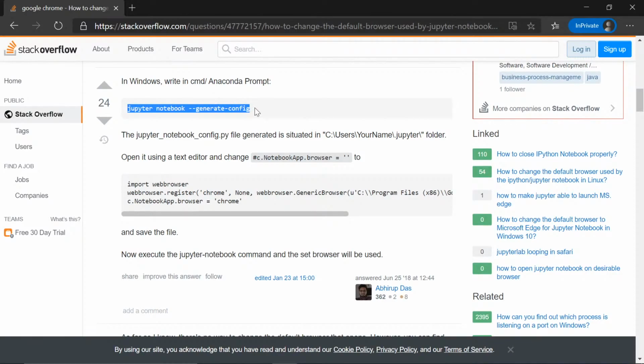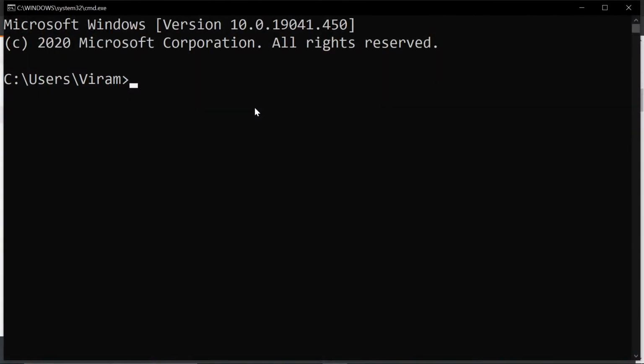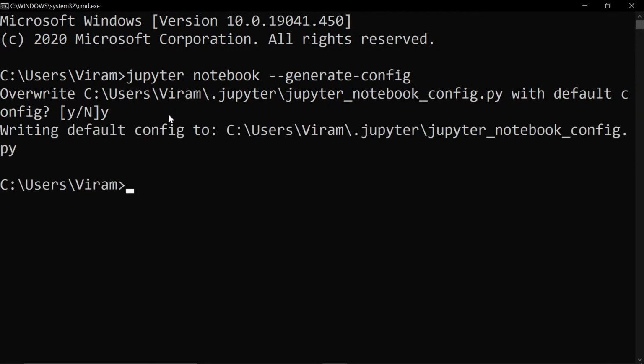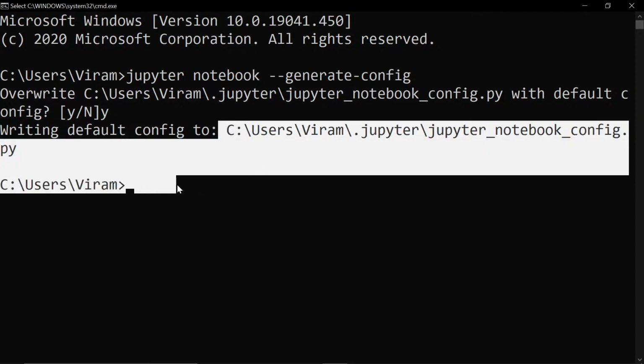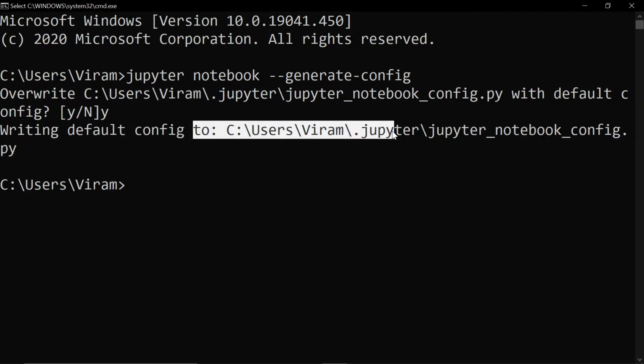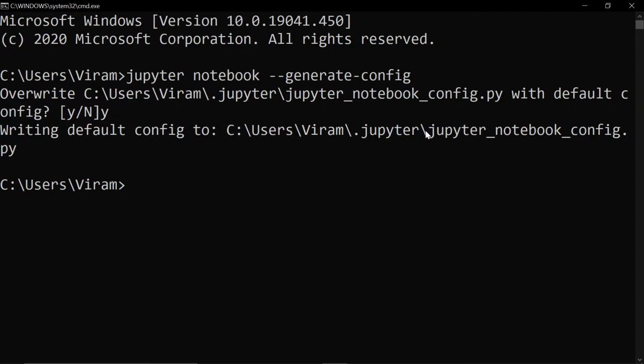They said that if you can actually access this file, jupyter notebook --generate-config, you have to copy this, run cmd, paste this in cmd, press enter, and overwrite. Yes, please overwrite it. Because I have already done it, just to see if it is working, it is showing the override, but because you are doing it the first time, it will show you the direct link. So this is the link to your file from C to PY. You can just copy from C to this Jupyter, Control C.